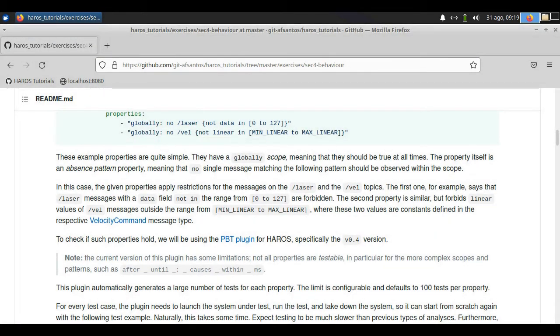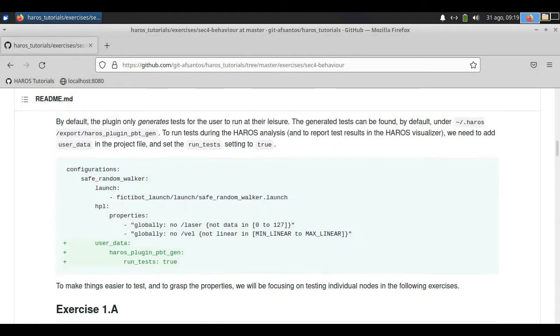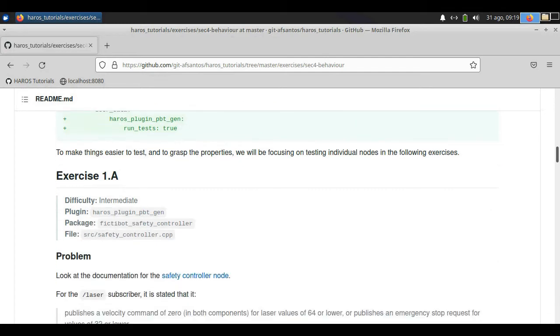So one thing to note with this plugin and this verification technique is that it is going to take a significant amount of time when compared to other types of analysis. By default, the tests are only generated to be executed at a later time. If you want to execute them during the analysis, we have to specify a few additional settings. With that said, it's time to go into the first exercise,